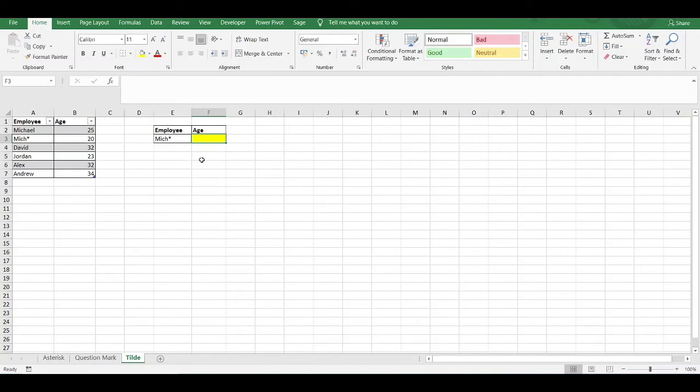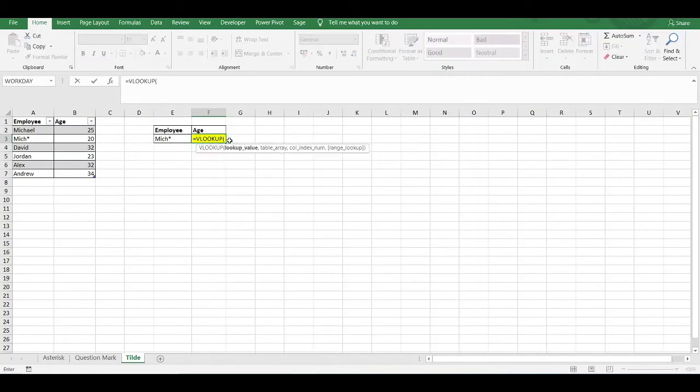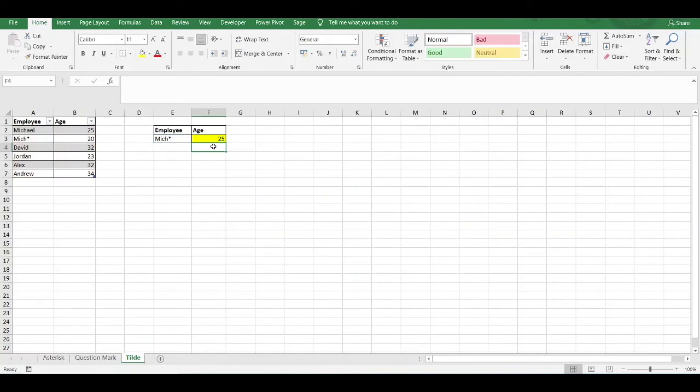If we were to run a VLOOKUP, Excel will incorrectly interpret the asterisk as being used as a wildcard. What that means is that it will return the age of Michael instead, because Michael will fit the criteria of MICH asterisk, so the age of 25 will be returned. To demonstrate, if I do my VLOOKUP function, we select cell reference E3, which contains Mitch asterisk. There's our table. Column number 2, exact match 0. If I press enter, an age of 25 is being returned, which is incorrect because we don't want Michael's age,